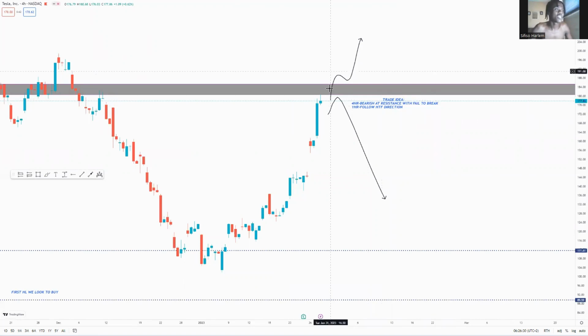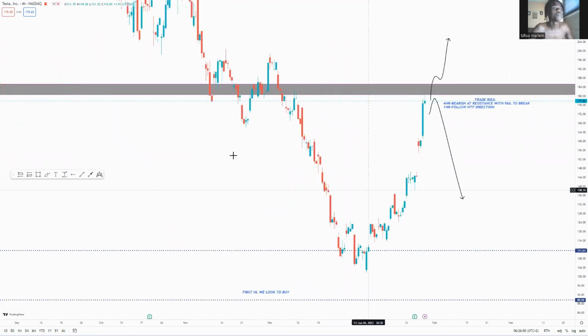As long as price doesn't close above our resistance, then we look for those reversals to the downside. On the hourly time frame, we follow hard time frame direction. Like I say, we're bearish at resistance with a fail to break. As long as price doesn't continue to the upside, then we look for those reversals to the downside in anticipation of